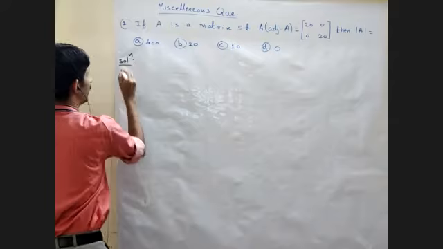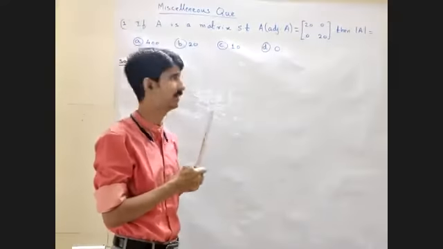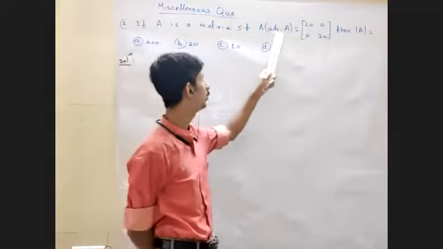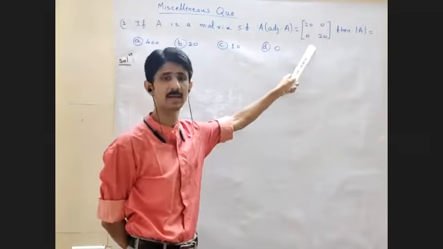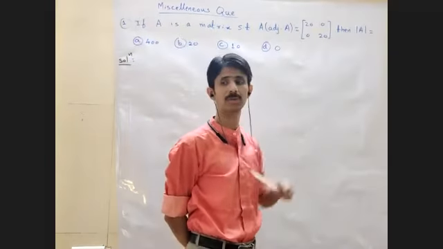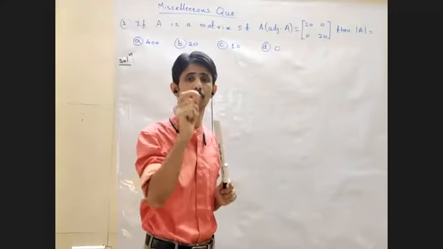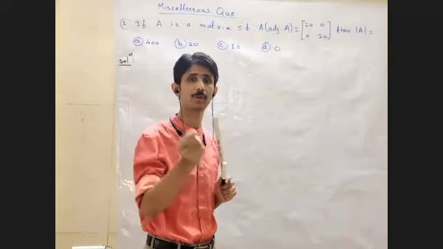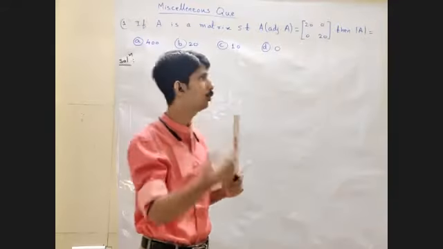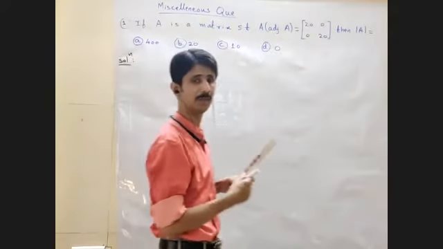Now observe very carefully students what he has given. He has given us A into adjoint of A matrix दिया है and we want to find out determinant of A का value. Now recollect, we have proved one of the properties of adjoint. So we'll be using the property of adjoint to find out the value of the determinant.